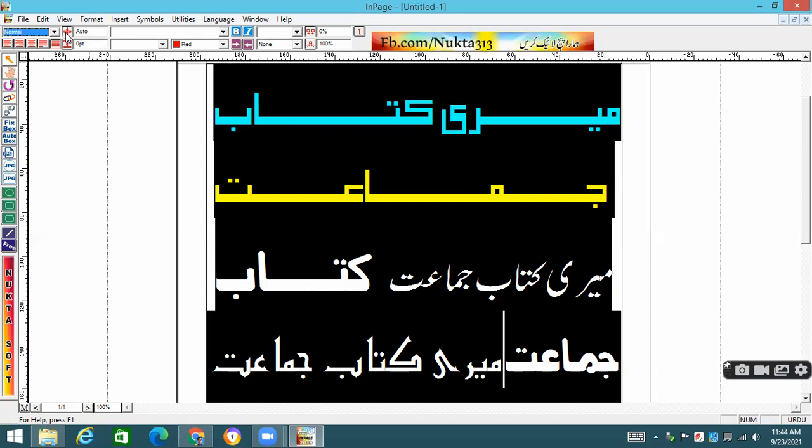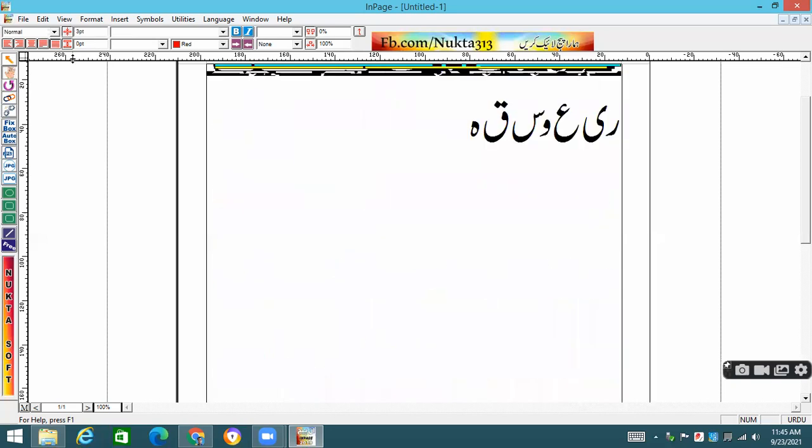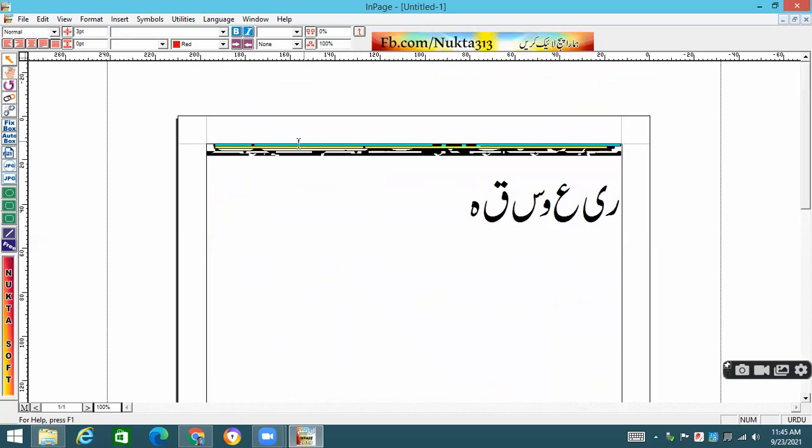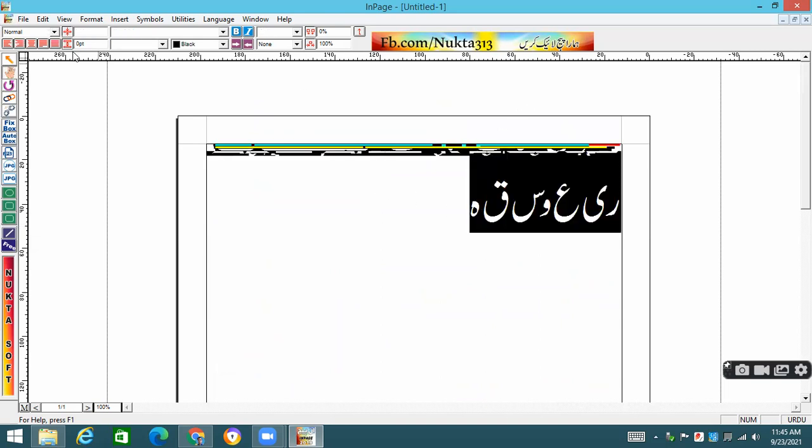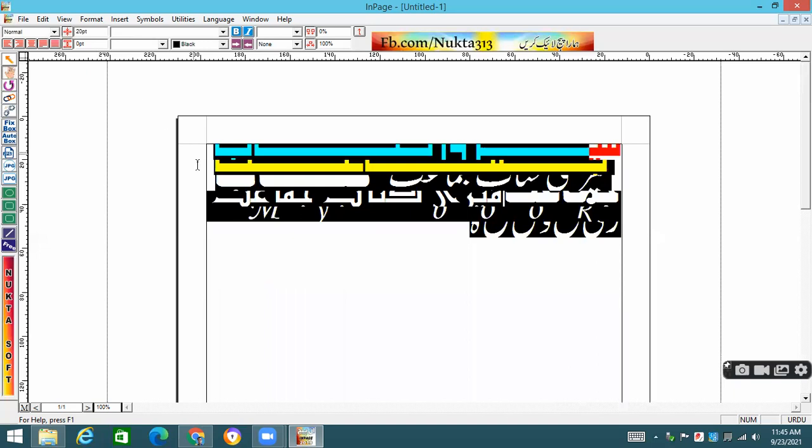Now, there is one more thing, which is the distance between the lines, the vertical distance. You can change it; right now it is auto. You can change the distance between the lines wherever you have given the lines. Just like I have removed the distance, now you can see that the lines are very close to each other. If you give the distance 20 points, you will see that the lines have some distance.